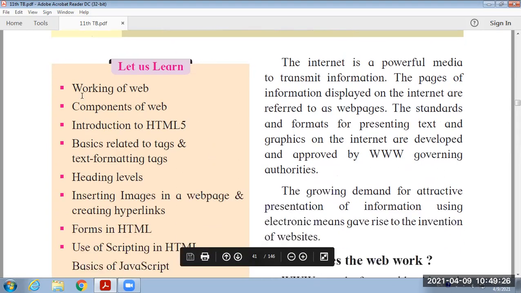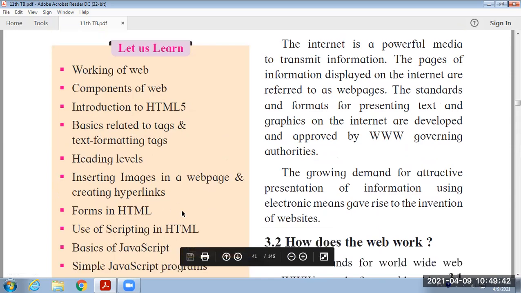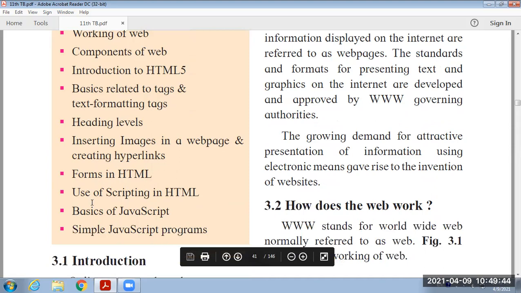Under this lesson, we are going to study the working of the web, components of web, introduction to HTML5, basics related to tags and text formatting tags, then heading levels, inserting images in a web page and creating hyperlinks, forms in HTML, use of scripting in HTML, then basics of JavaScript and simple JavaScript programs.